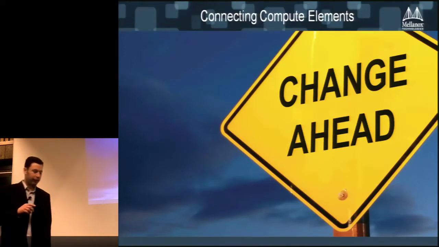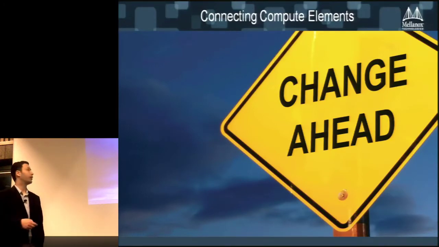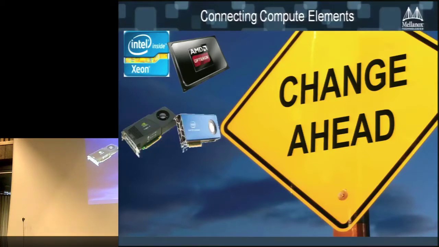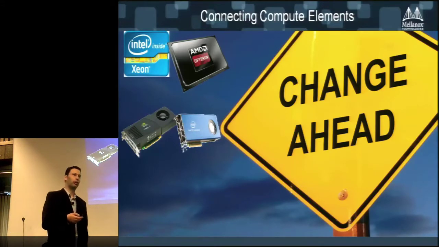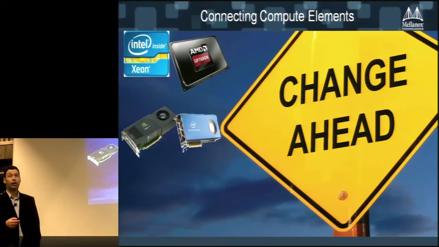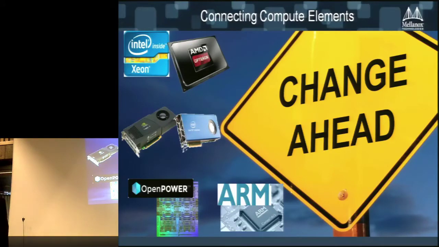So looking a little bit at the landscape of computing, we see constant change there, right? We got used to having only x86 CPUs from 1.5 vendors, and then the accelerators came in, and this is where we are now. We talked about the newcomers that are open platforms and will evolve to be a strong alternative to those other mainstream CPUs. So definitely we're talking about the Power CPU and the ARM CPU.